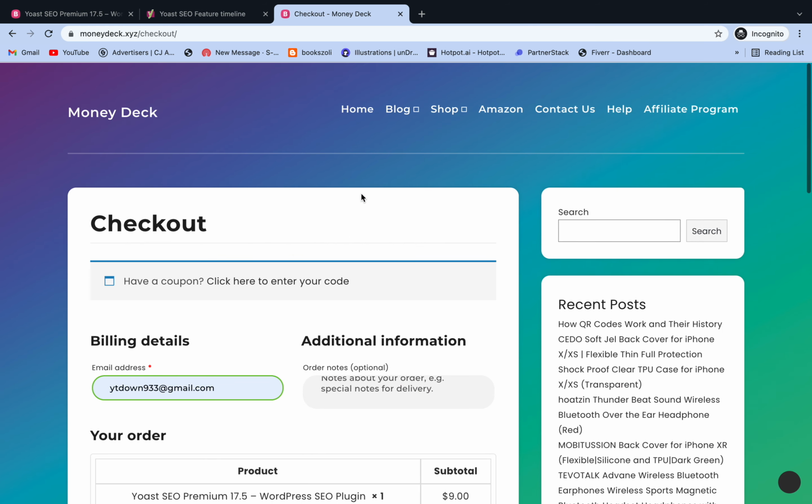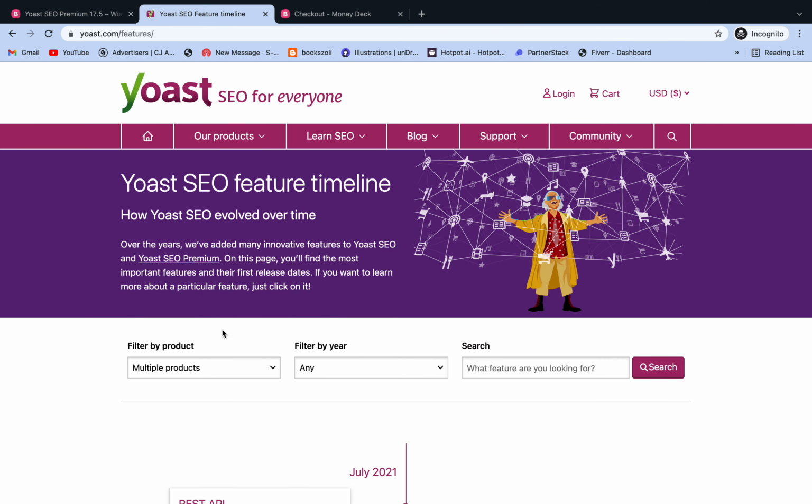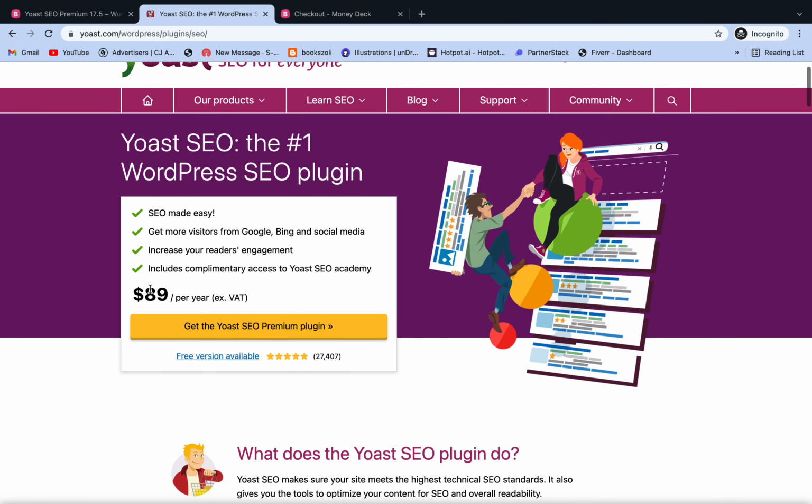Before you buy this plugin, I really want you to go to this official website, download the free plugin, and use it for some days. And if you really like this plugin, then you can definitely upgrade to the pro plan. On the official website it would cost you $89 per year, and I'm providing it for only $9. So you see, $80 off. And with $80 you can buy a new hosting, new domains, new scripts. Actually, you just need to buy hosting, scripts, and domains.